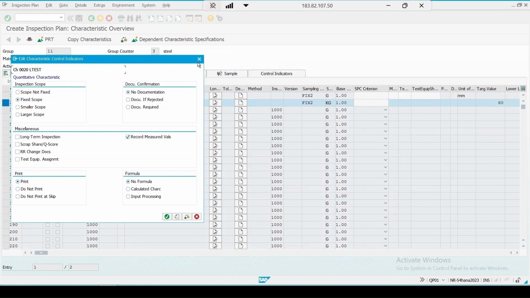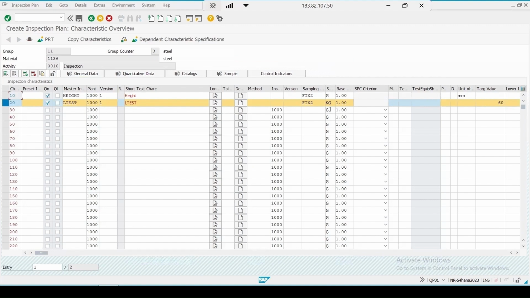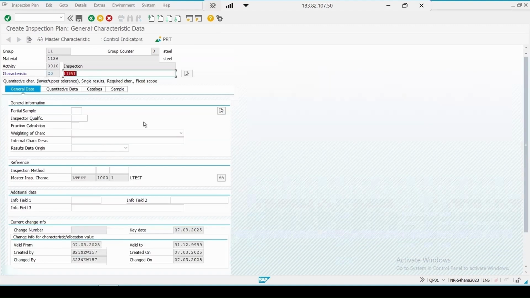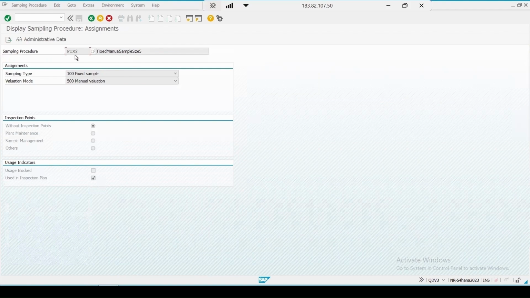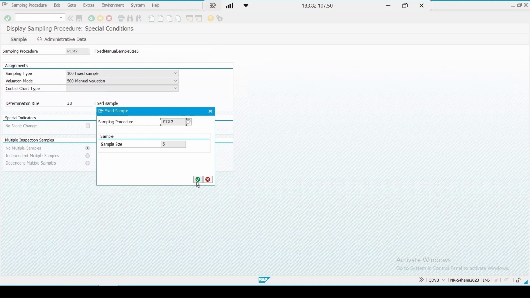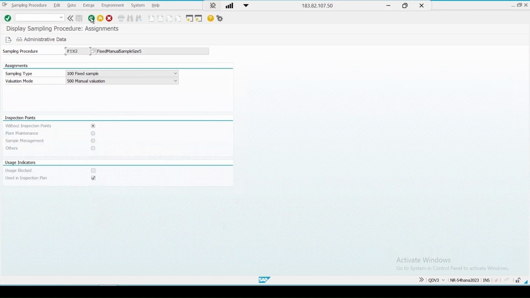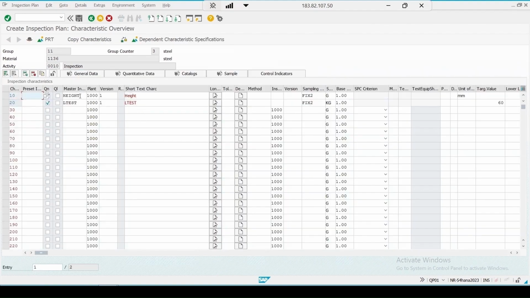Default settings are maintained in remaining things. Sampling procedure is added. All the information will be copied as it is. What is the sampling procedure which is maintained? It is a fixed sample with a manual valuation. The sample size which is maintained is 5 for this. Okay, so this is one way by which I can add the MIC which is already created and is used